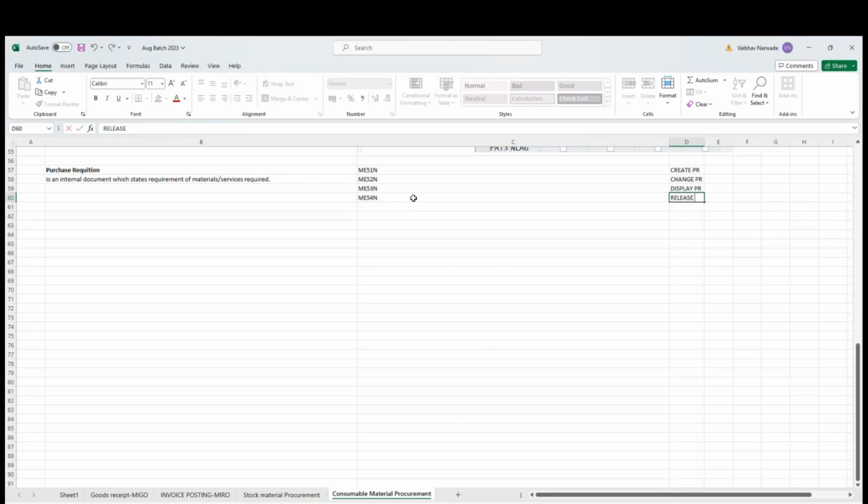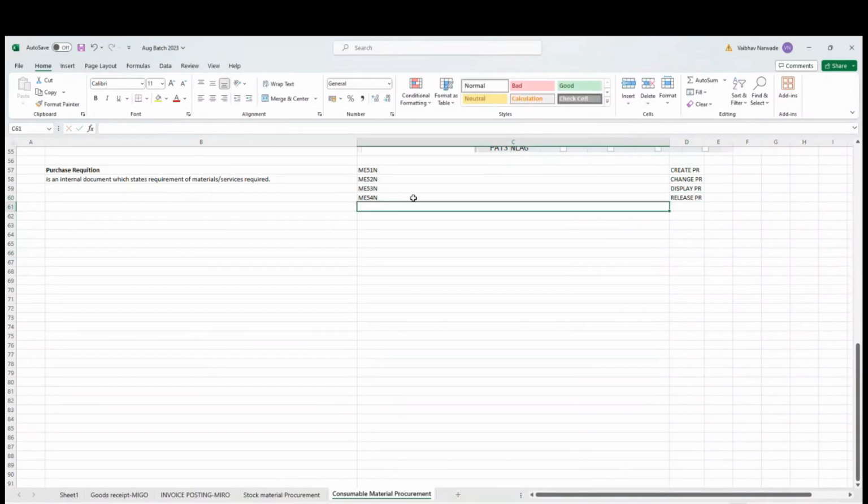To release the purchase requisition, ME54 is the transaction code. We will see in a separate chapter what is the release strategy. So releasing is nothing but approving the purchase requisition. If you set the approval process for purchase requisition, the PR can be approved using transaction code ME54N.